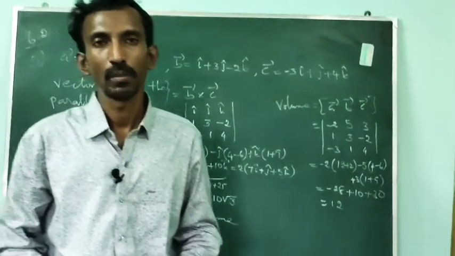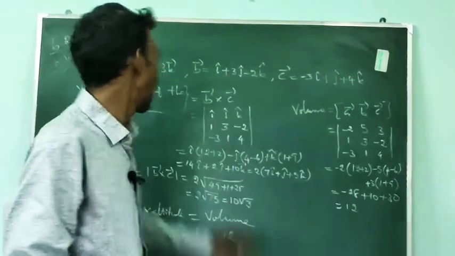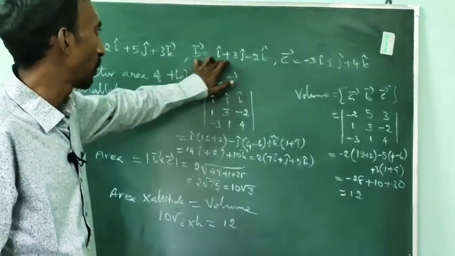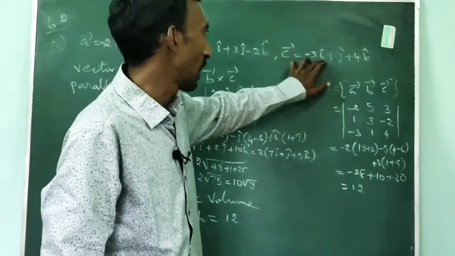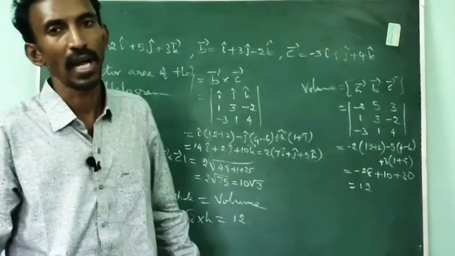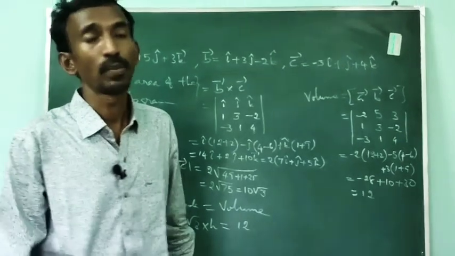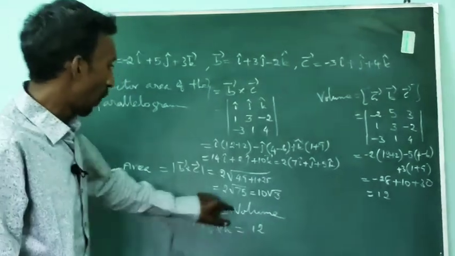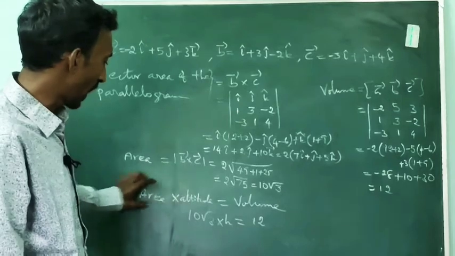Exercise 6.2, question number 5. Find the altitude of the parallelepiped formed by the vectors A vector equal to minus 2i plus 5j plus 3k, B vector equal to i plus 3j minus 2k, and C vector equal to minus 3i plus j plus 4k, if the base is taken as the parallelogram with the vectors B vector and C vector. Okay, so we know that volume is nothing but area into altitude or area into height, we are getting